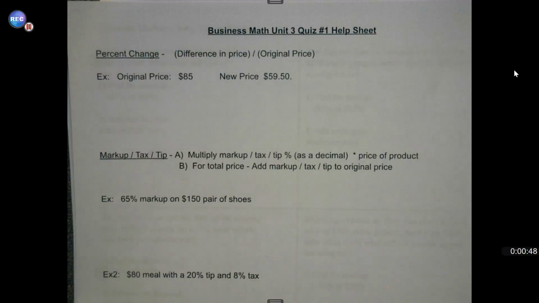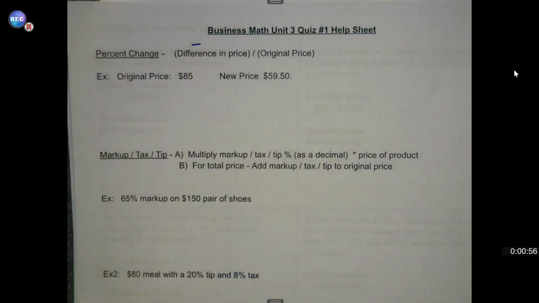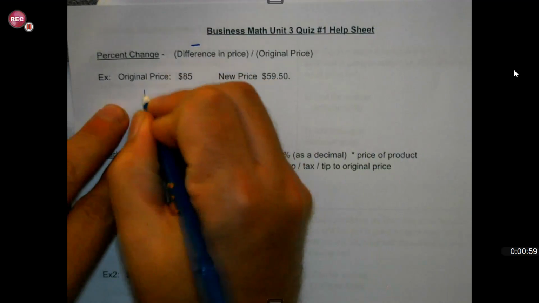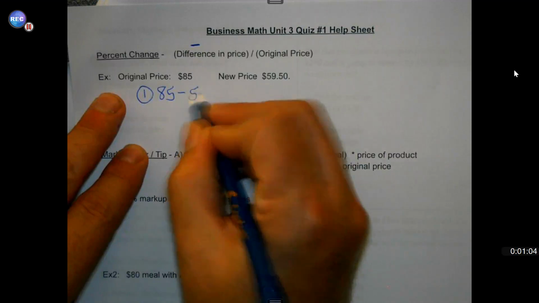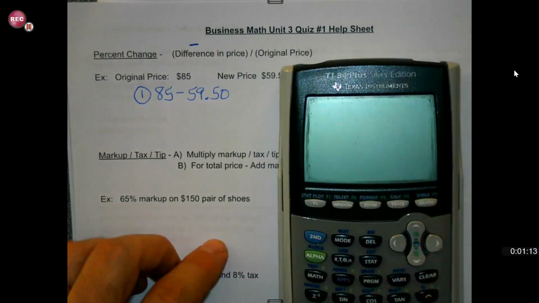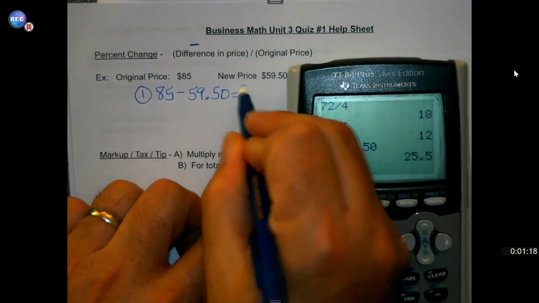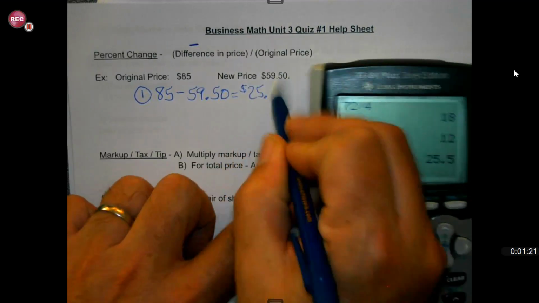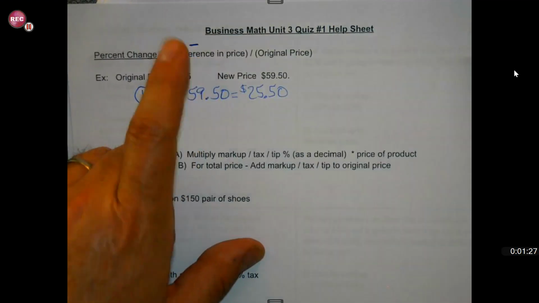So, without further delay, percent change, okay? The difference in the price, divided by the original price. So it's going to be a quick two-step process. You're always going to want to take the bigger number minus the smaller number, even if the new price was higher. So once we get there, okay, so $25.50 is the difference. Not the end,